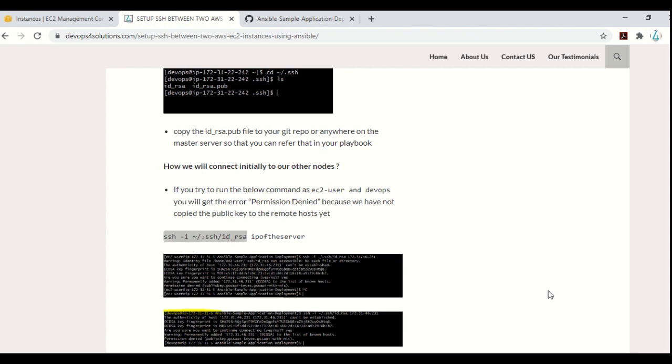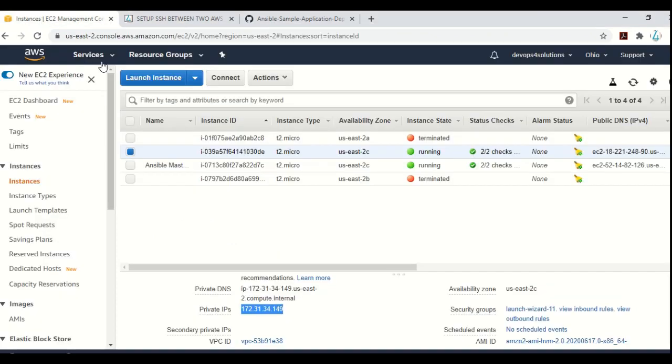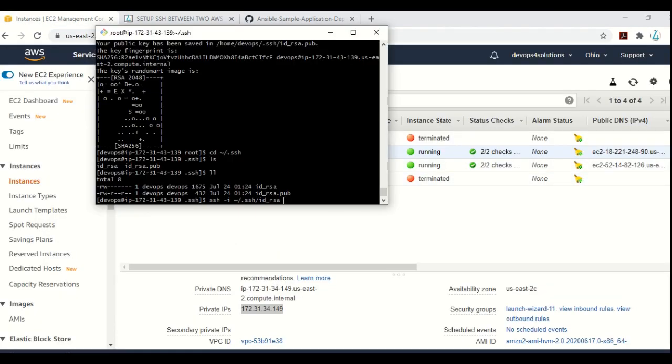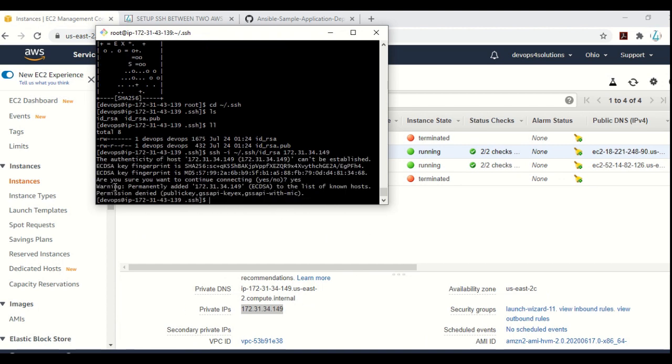So with the DevOps user, I am trying to SSH to this server. What error should I get? I should get the permission denied error because I have not done anything yet. You will be getting this, and it says permission denied, right? And if I do the same thing with ec2-user, I will get the same issue because I have not set up anything for that user also.